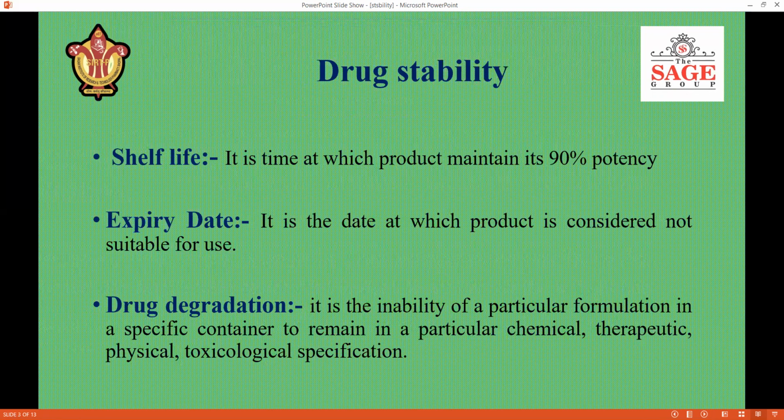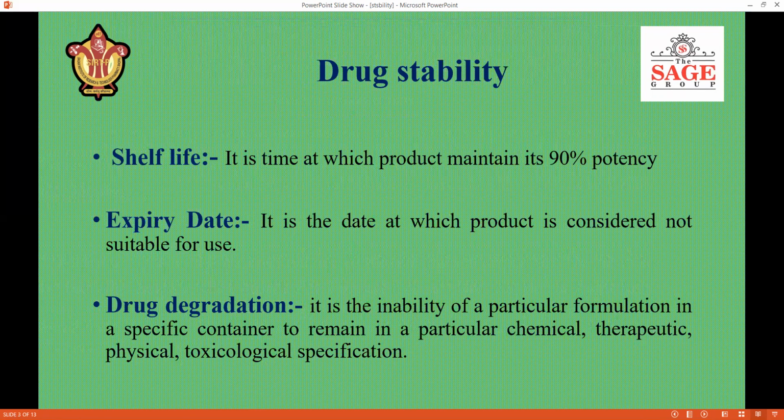Suppose the starting concentration of reactant is 100%, and after some time it is reduced to 90%, meaning 10% of the reactant is lost. The time required for the reactant concentration to go from 100% to 90% is known as shelf life, and the date at which the product is considered not suitable for use is called the expiry date